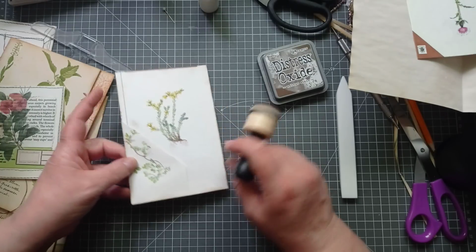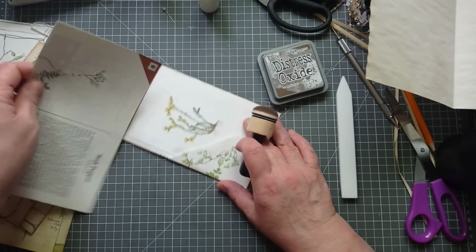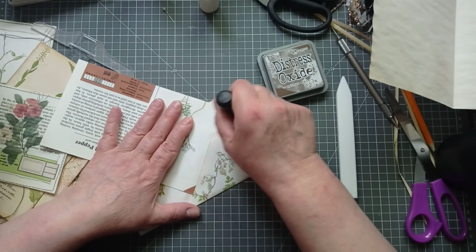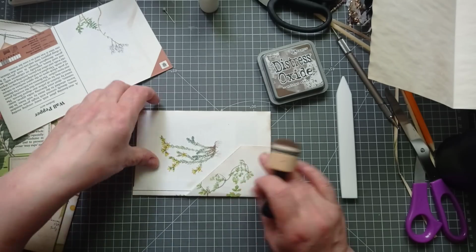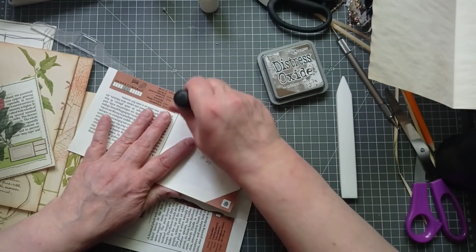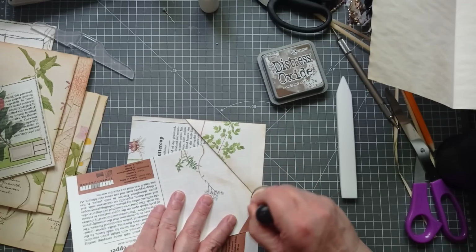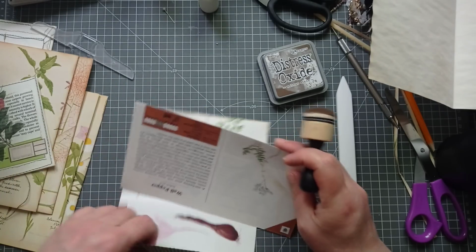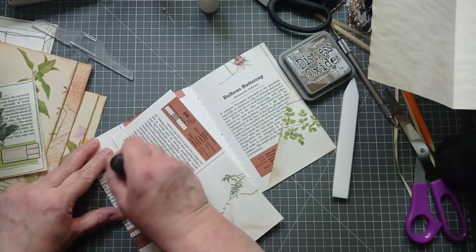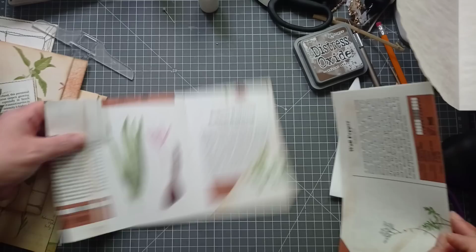Well, you can do other things with re-inkers. Just going to borrow that, just to ink that edge. There we go. So I don't want too much of that going off. But I've obviously got some of that going off. Pop that in there. Just ink that edge. There we go. And I'll do the same in that pocket. Ink the edge. And then